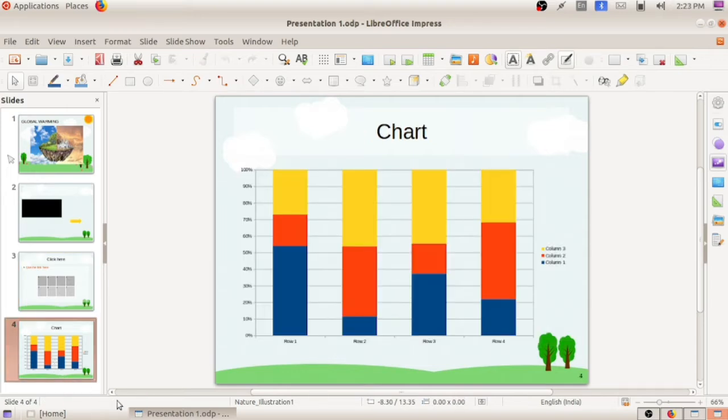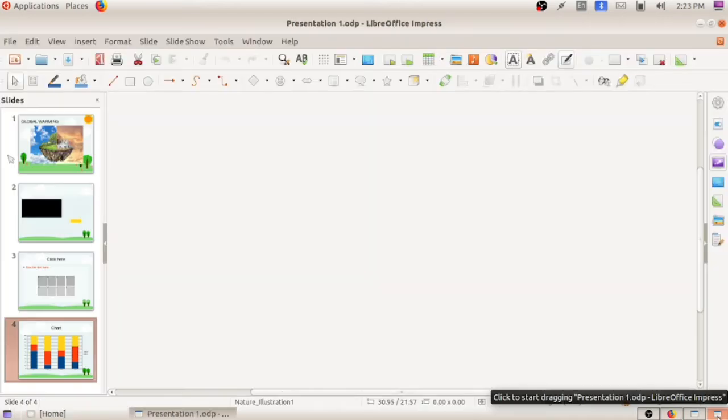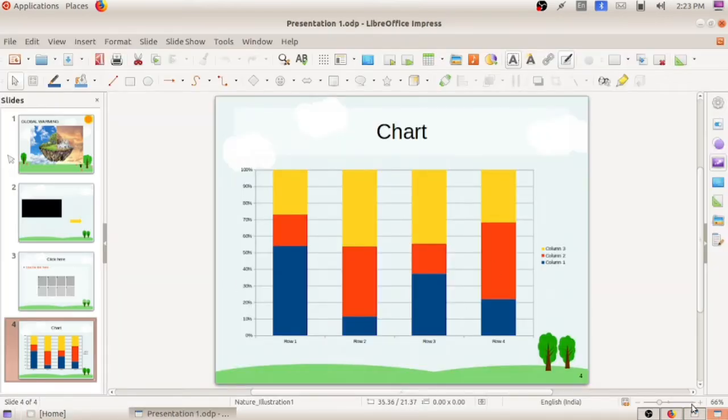Next we are going to do the activity: how to add presentation files. First of all, you should know about the presentation files. Suppose we have created more than one PowerPoint presentation, and we have added some slides in those presentations.